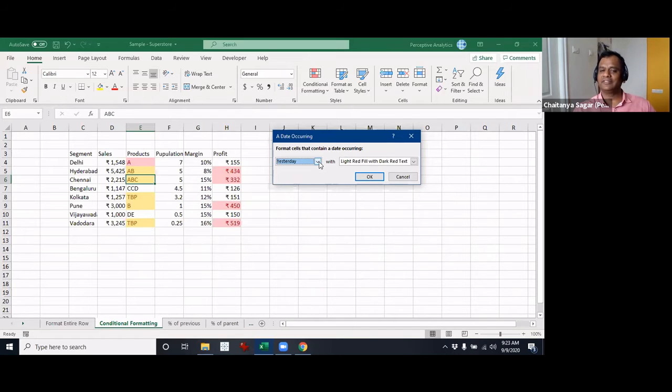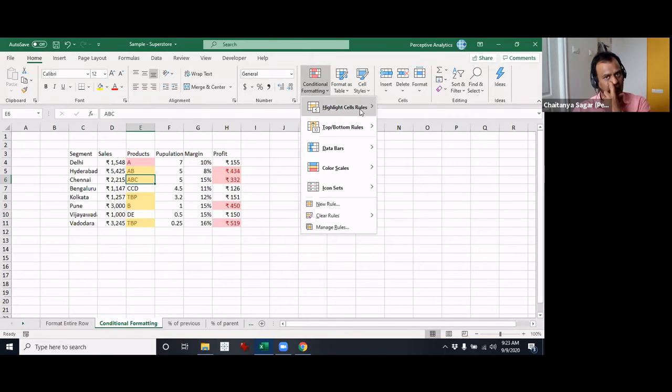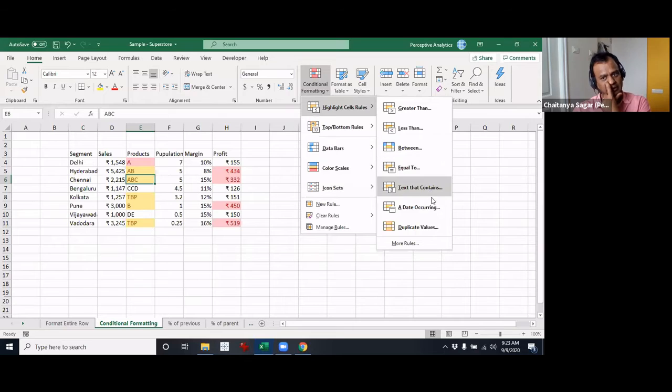The positive here is that we don't have to write any other formula for us to make this happen. You just select the last 7 days and it will work. The same with the last month or this month and so on. It will be just dynamic and it will read the current system date and do the job. All right, so that is it as far as conditional formatting with date occurring is concerned.